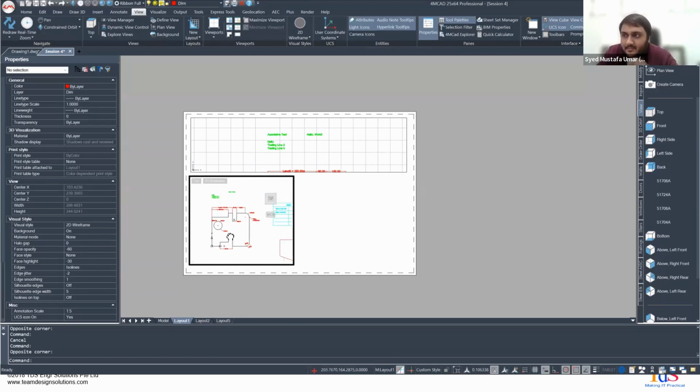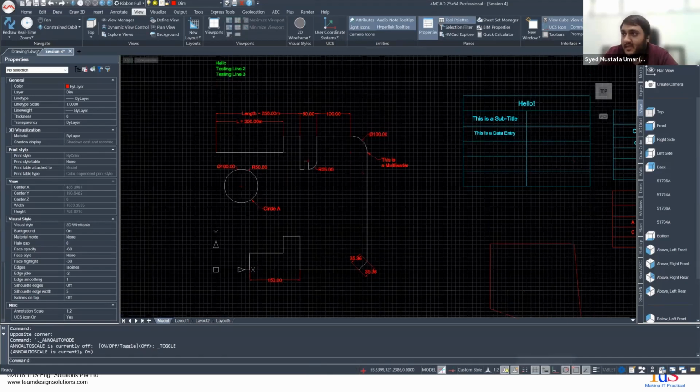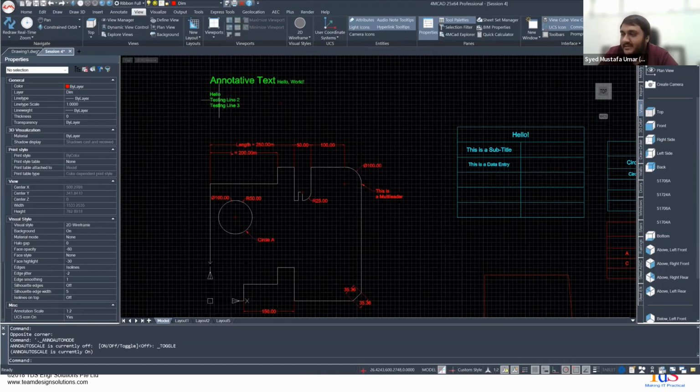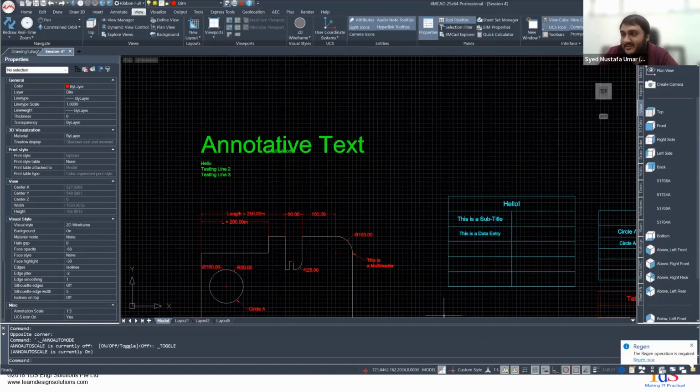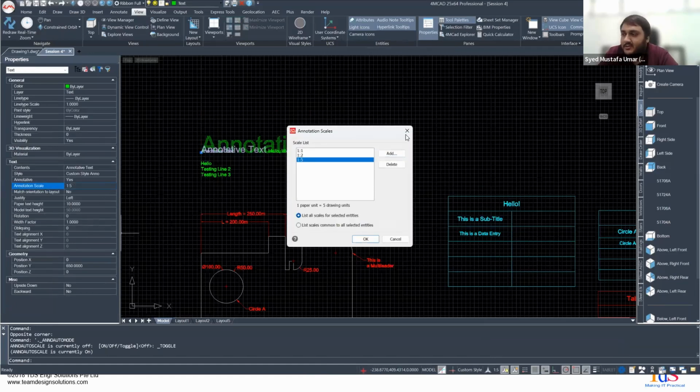And yeah, it's a very helpful tool and it ensures that your drawings make sense. I'll show you that if I enable the automatic annotation. If I change the scale to 1:5, we see that the text itself also changes according to that scale. And now if we select this text, we see that 1:5 got added to it